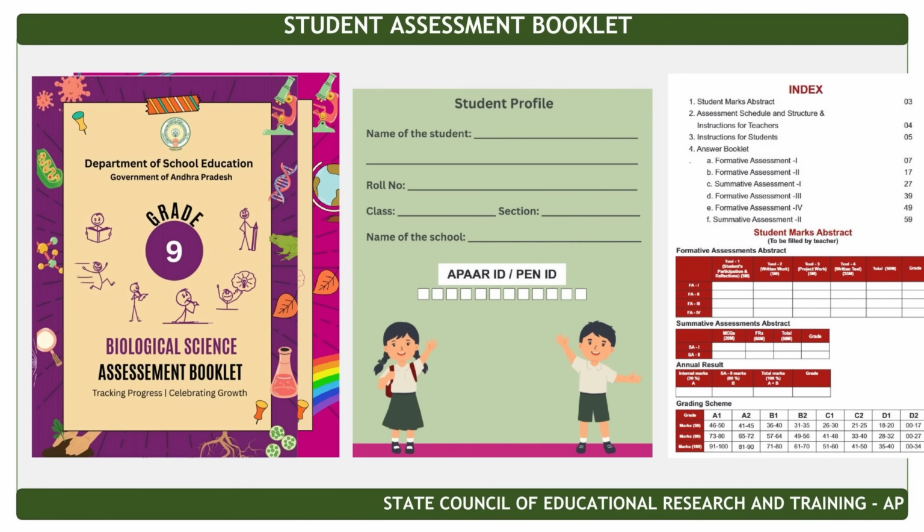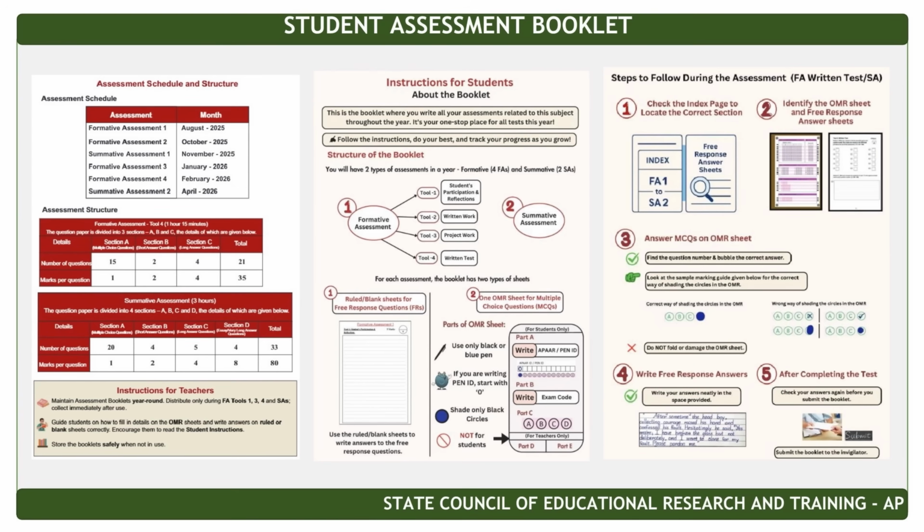So, when we go through the index, we see the student marks abstract was given just below the index page. This should be filled by the teacher. There is formative assessment abstract, summative assessment abstract, annual result, and also a table of how grading is going to be given, that is the grading scheme. And